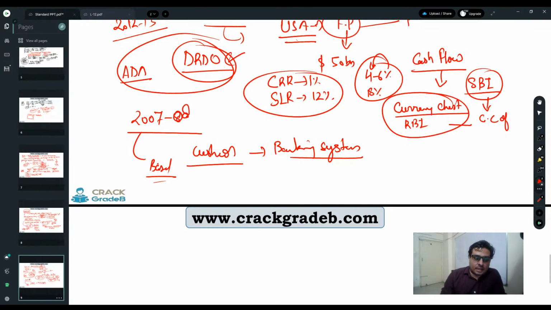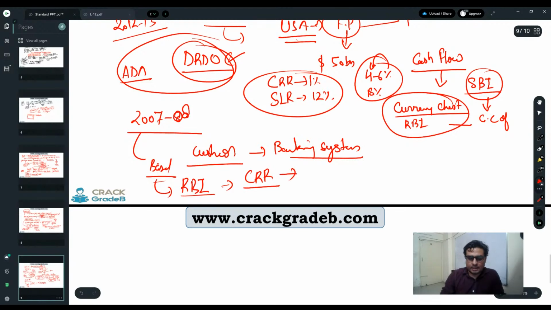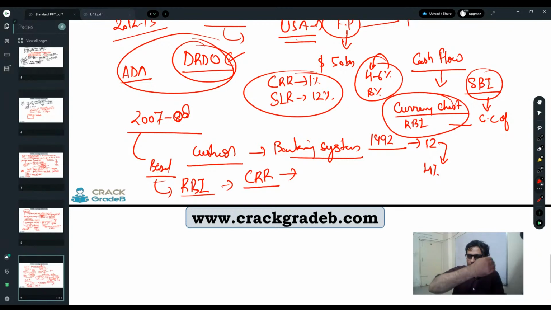But at the same time, the Basel Committee wholeheartedly praised RBI for the strict measures which RBI had been maintaining for many years. We started our reforms in 1992. From 12%, we moved to 4%. We are continuously decreasing the CRR. Gradually we are decreasing it, but below 4%, RBI just said no, we are definitely going to maintain it at 4%, right?